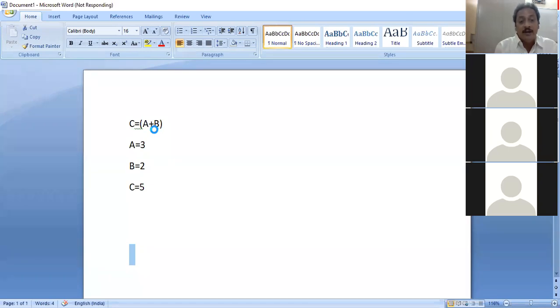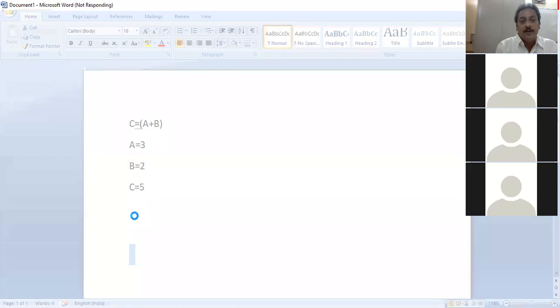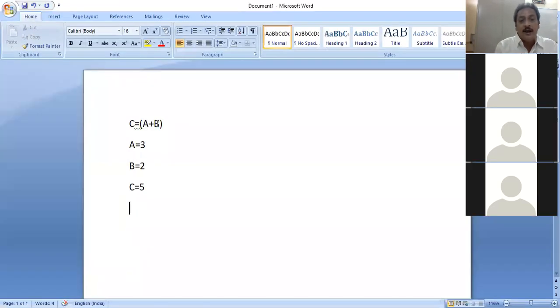Arithmetic. In arithmetic, it is an infix expression. Infix in the sense of the operator. What is the operator here? It is a combination of two arguments and one operator. What are the arguments? We call them operands. A and B are here.